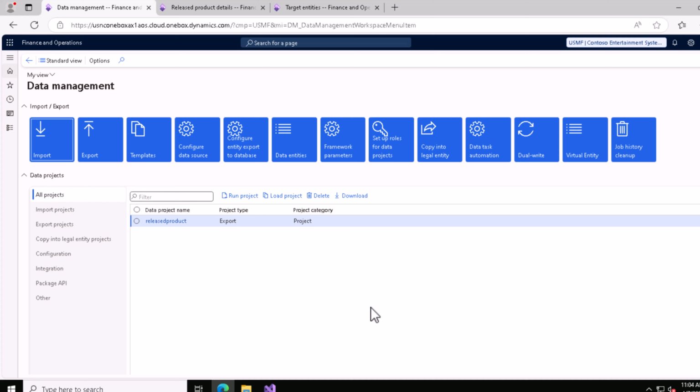In this video we'll discuss the import process, how we can import through data management using a data entity. Import is the process of pulling data into a system utilizing the data entities. The import process is done through the import tile in the data management workspace. This is the data management workspace, you already know that, and with this particular tile we can do